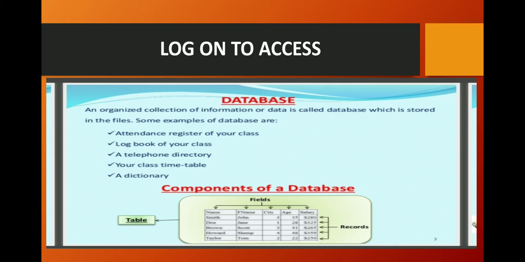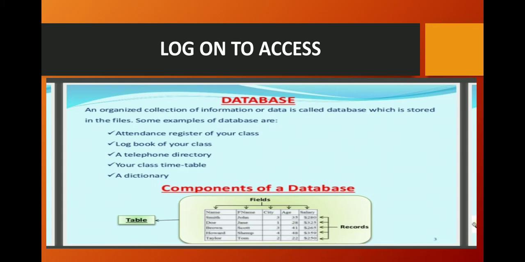Let's take an example. Unknowingly, we all use databases in our daily life. We maintain our personal address diaries in which we record addresses and telephone numbers of our friends. We maintain the information alphabetically so that whenever any information is needed, we browse and extract it quickly.